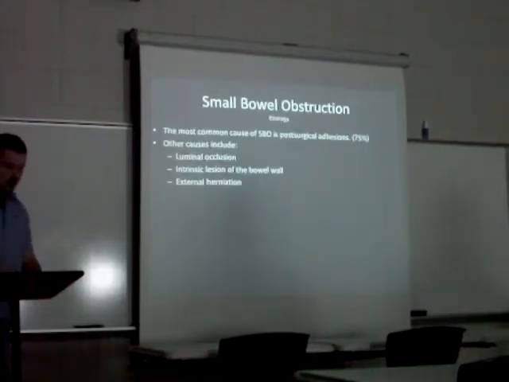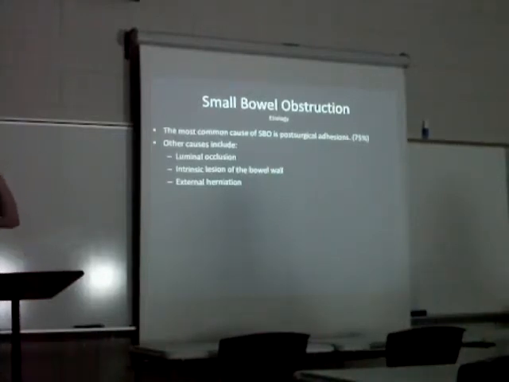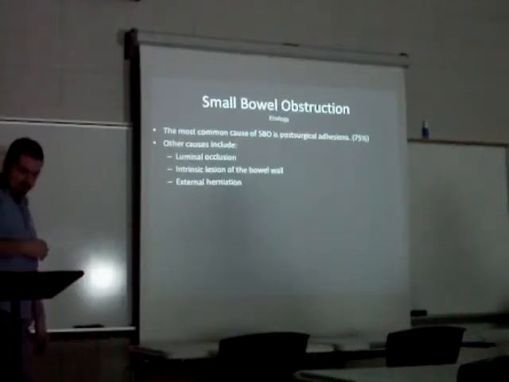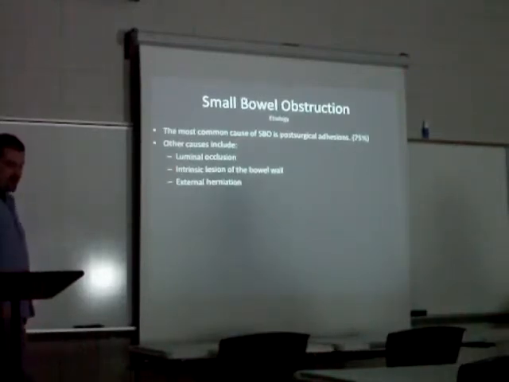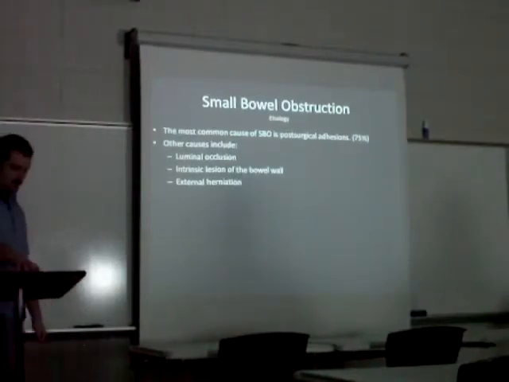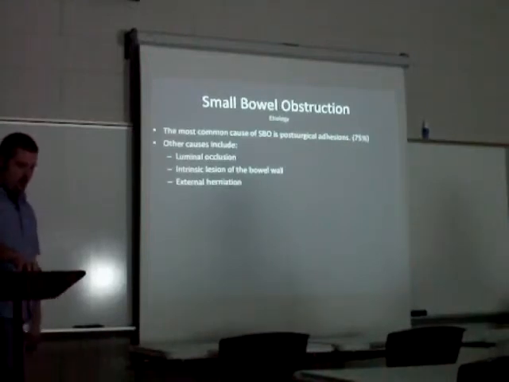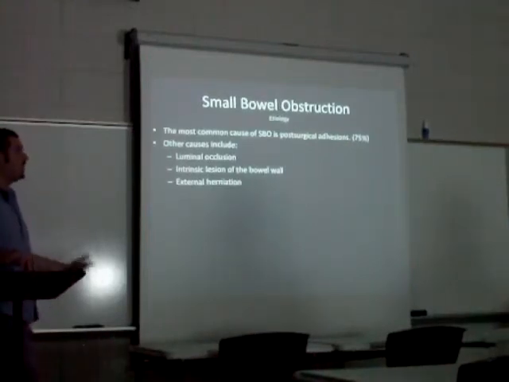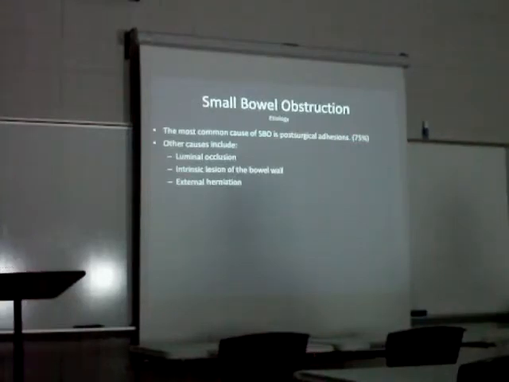And so the most common cause of small bowel obstruction is post-surgical adhesions. And you just take the 75% off, and we're going to negate that. And then where it says external hernias are the second most common cause, erase the second most common cause. And we'll just consider that as being another cause. And so we'll see that luminal occlusion, intrinsic lesion of the bowel wall, and external herniation as all possible causes